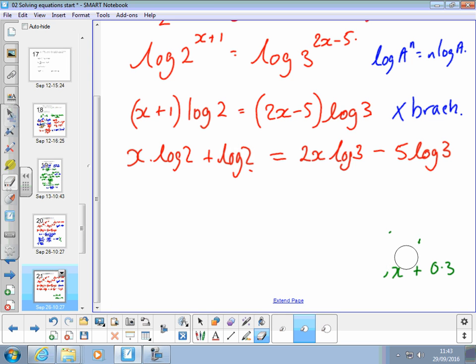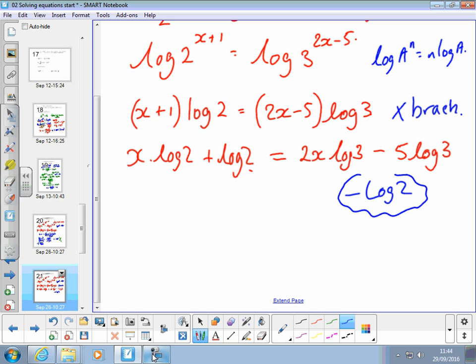Nope. But good try, Lewis. What did you do? Is it building on what we've done here so far then? No, I've done the whole thing. So bearing in mind the overall aim is to get x on its own, what do we do next? Go one step at a time as well. Yeah, subtract log 2. Subtract log 2. So you're going to end up on this side with